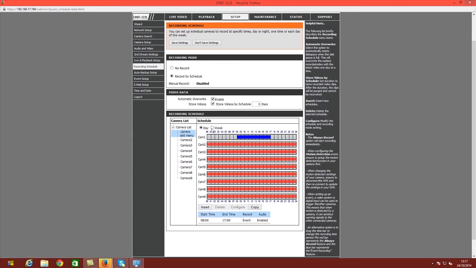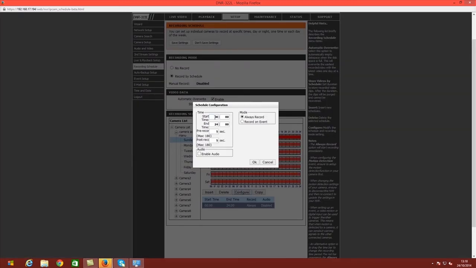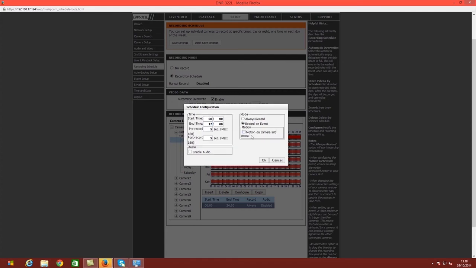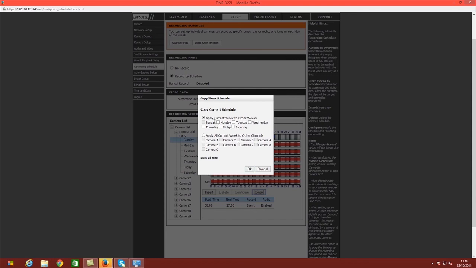And see here on week mode, you'll have the camera name with the individual days set. So here it is. You're configuring one particular day with the same settings as in the previous setup, but you're setting here Sunday, and here you can actually copy that particular setup